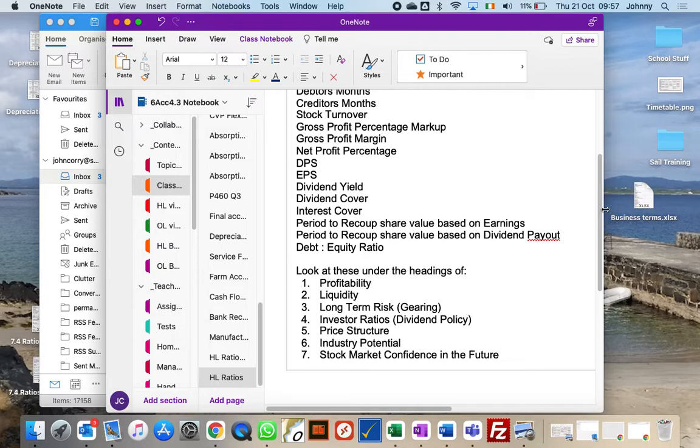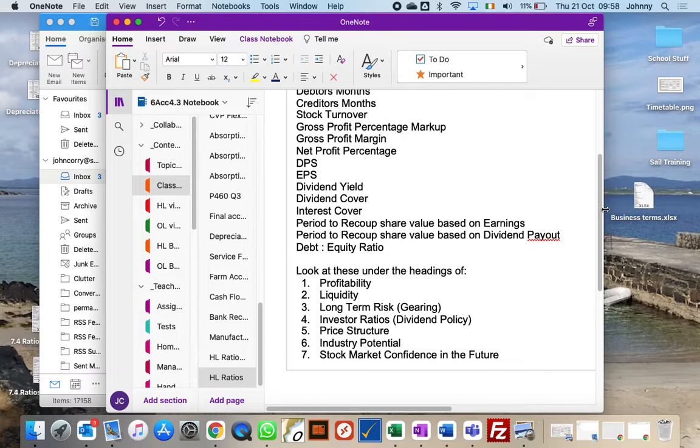Because we're coming out of COVID, a lot of businesses are reopening and the economy is starting to take over. I'm even seeing this now in the last 2 weeks in terms of traffic. When I'm driving to work in the morning, there's noticeably more traffic. So the economy is definitely starting to pick up, and that's going to affect all industries really. Okay? And the last one then is the stock market confidence of the future.